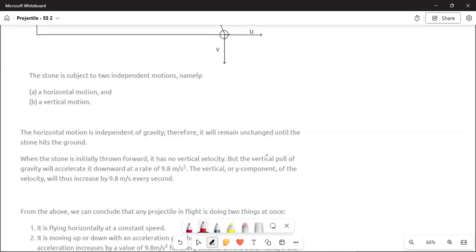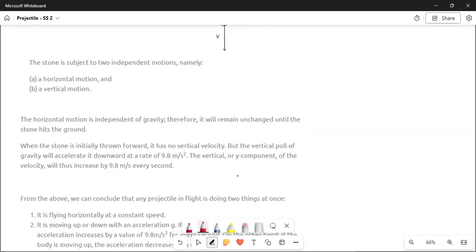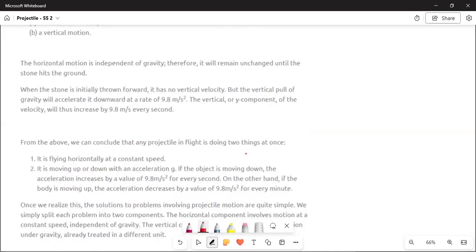So from the above, we can conclude that any projectile in flight is doing two things at once. Number one, it is flying horizontally at a constant speed, and number two, it is moving up or down with an acceleration g. Now, if the object is moving down, the velocity will increase by a value of 9.8 meters per second for every second. On the other hand, if it is going up, then the velocity will decrease by a value